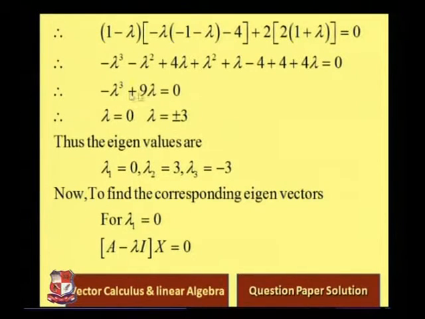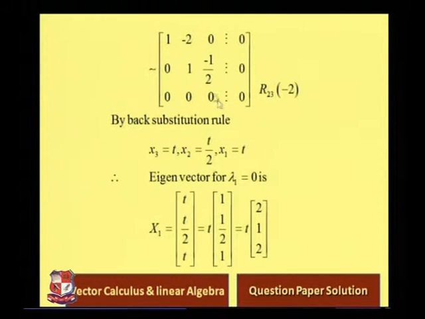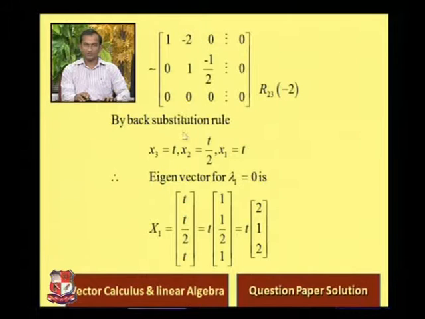These are the 3 eigenvalues of our matrix A, so they are 0, 3, minus 3. Consider them as lambda 1, lambda 2 and lambda 3. Now to find the corresponding eigenvector for lambda 1 equal to 0: A minus lambda I times x equal to 0. So by elimination, that means the Gauss elimination method, and applying row operations, we get this matrix. So 2 minus 1. Next is 0, 1, 1, 0. This is our last matrix of the operation. By the back substitution rule, we find the eigenvector of our eigenvalue.